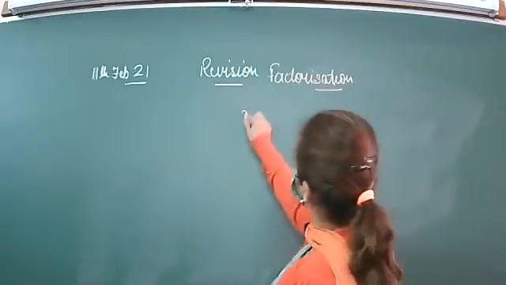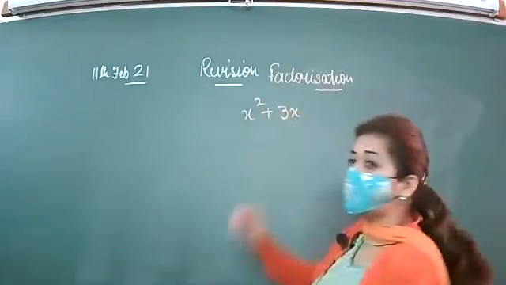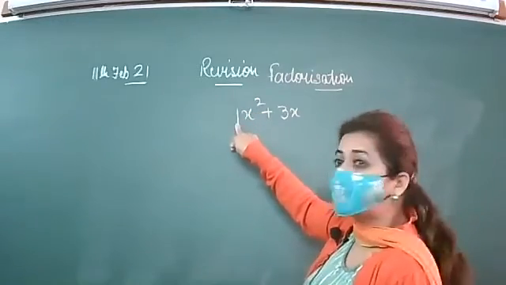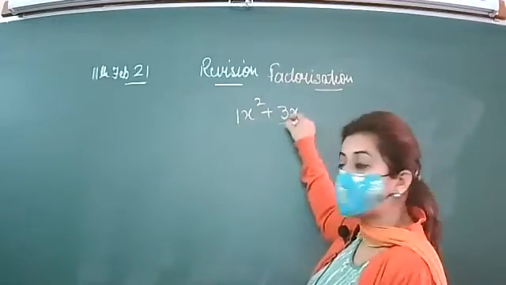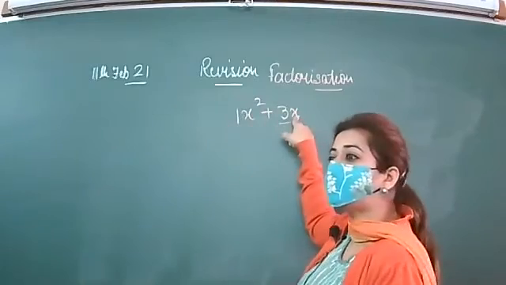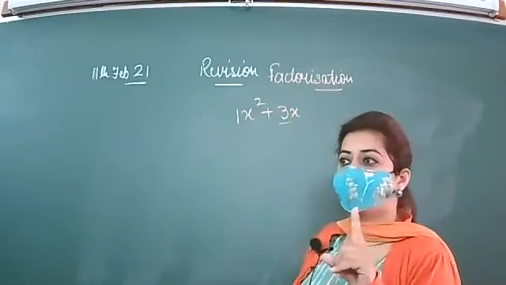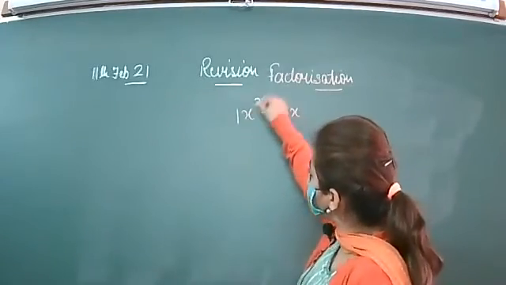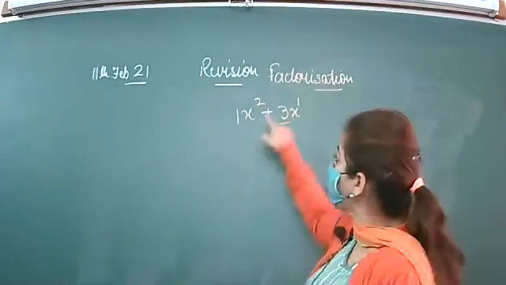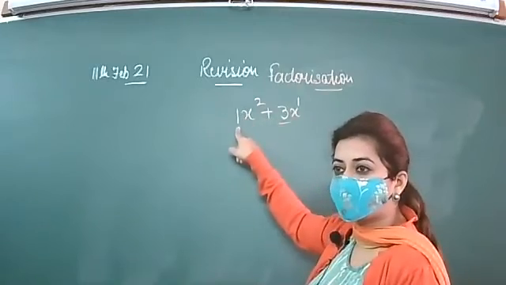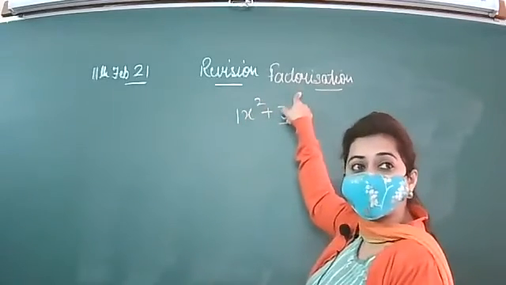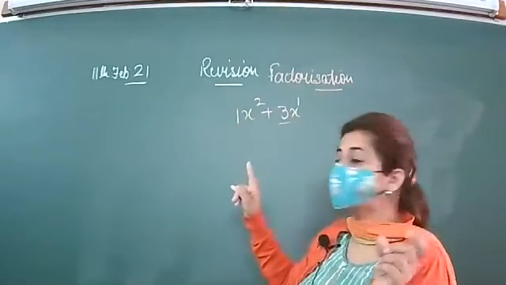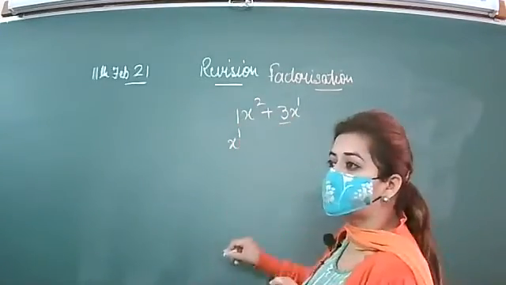Like I'm writing one more example, x square plus 3x, and you have to factorize it. Here the numerical coefficient is 1, and in this we have 3. So in 1 and 3, you have only 1 common. It's your wish whether you want to write 1 or not, it's okay. But this is your x square, and this is your x raised to power 1, which is the smallest power. The smaller of the two is your common term. So take x raised to power 1 common.